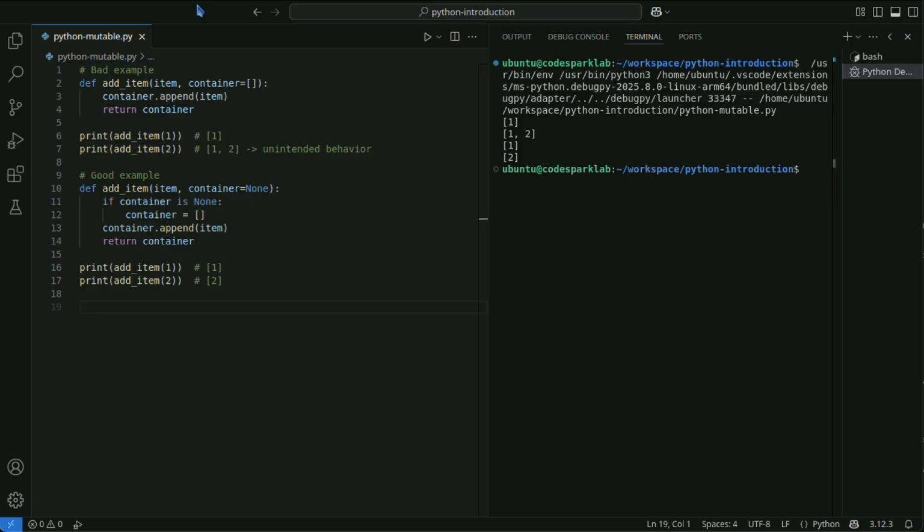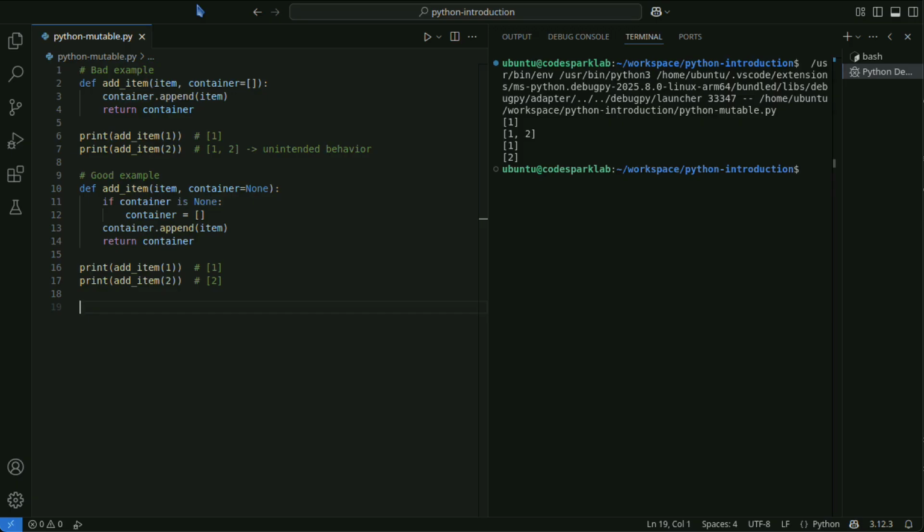In the first example, the same list object is used every time add_item is called. When calling add_item 2 the second time, the previously added 1 is still in the list, resulting in 1, 2.